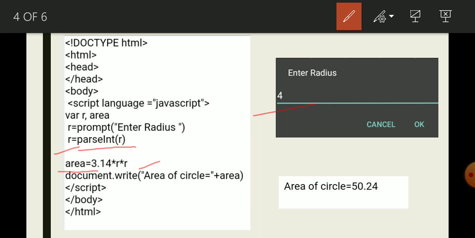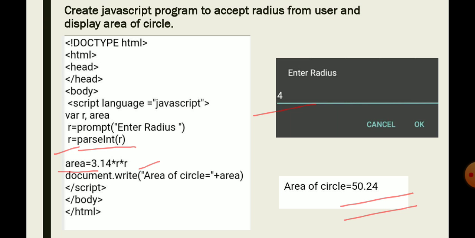We can't write r square, so r into r you have to write. The result of this formula is stored in the area variable. So here 3.14 into 4 into 4, the result is 50.24, displayed on the web page using the document.write statement.